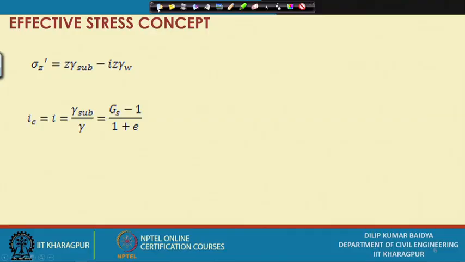The significance of this critical hydraulic gradient is that if your head is so much that the hydraulic gradient exceeds the critical hydraulic gradient, then your soil strength almost comes to 0, and when there is 0 strength, anything you put on it will simply sink. So, I think with this I will stop this one,